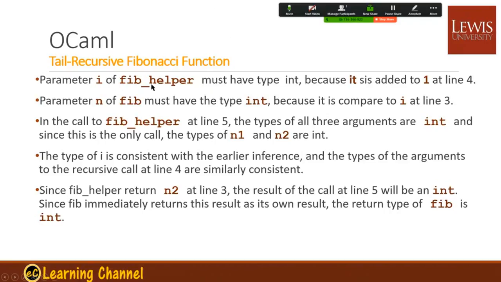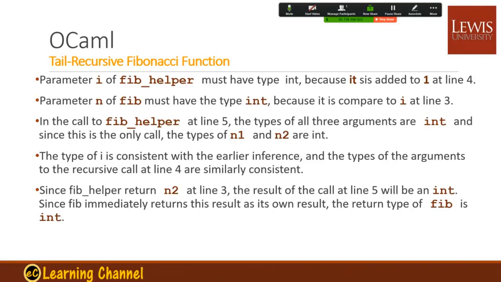So the parameter i of fib helper must have the type integer because it is added to 1 at line 4. The parameter n of fib has the type integer because it is compared with i at line 3 and fib helper at line 5. The types of all three arguments must be integer since it has only one call. So the types of n1 and n2